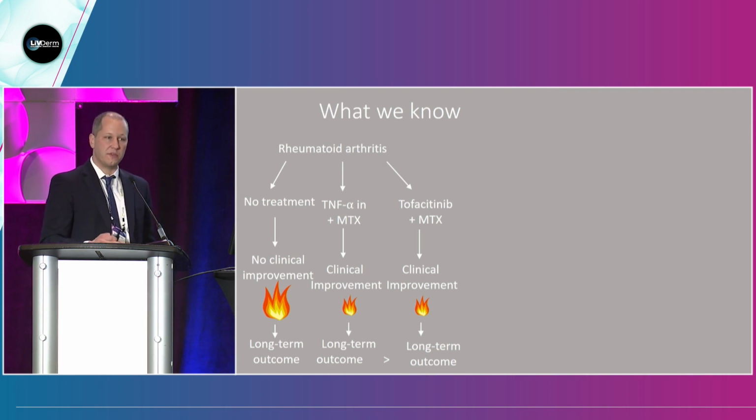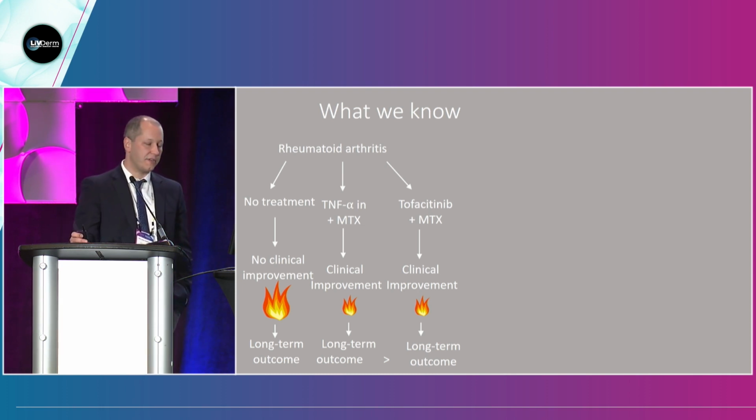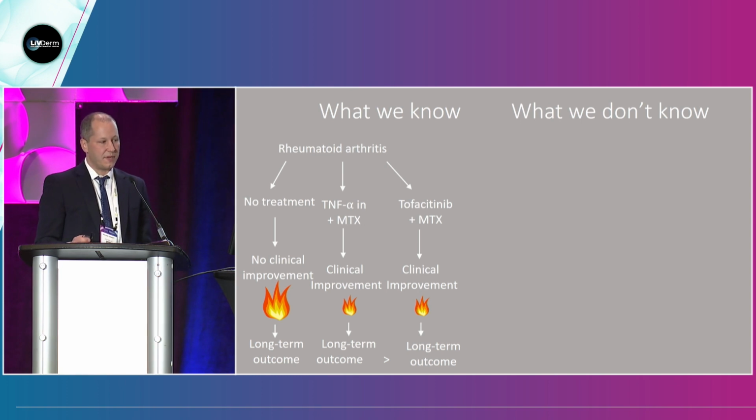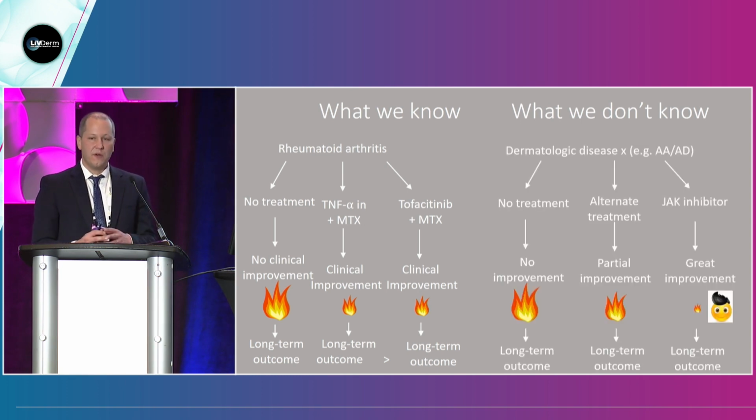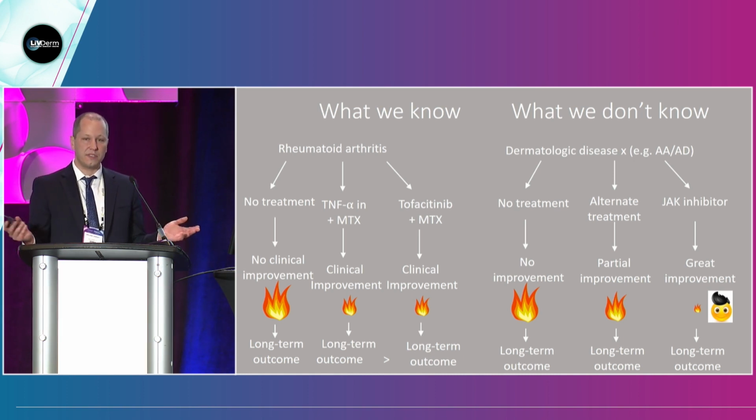So we don't know how this really modifies the natural history of the disease. Maybe the patients even treated with a JAK inhibitor do much better than those patients that were not treated, potentially including long-term cardiovascular events. And really, in its relevance to dermatology, what we don't know is when we're using these medications to treat diseases that we don't have other FDA-approved therapies for, patients are going to be suffering without real improvement.